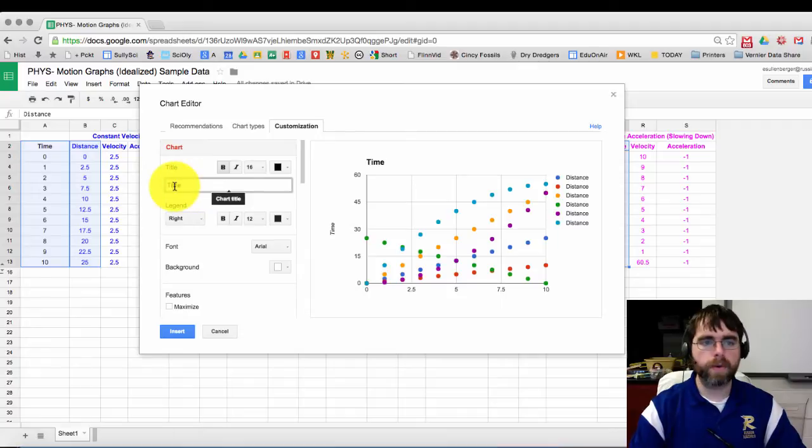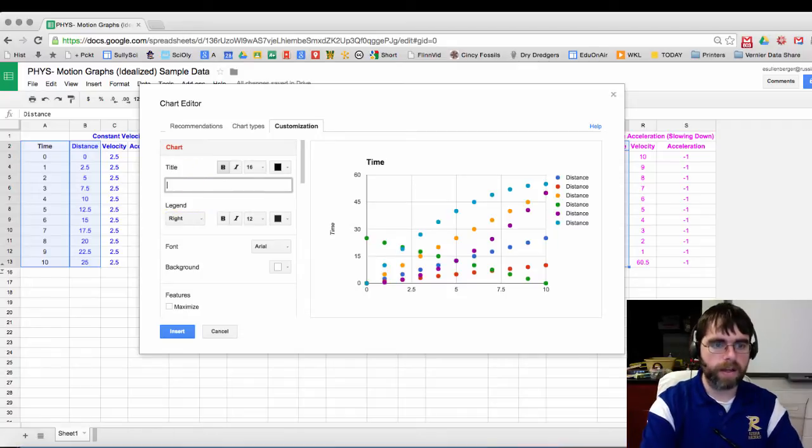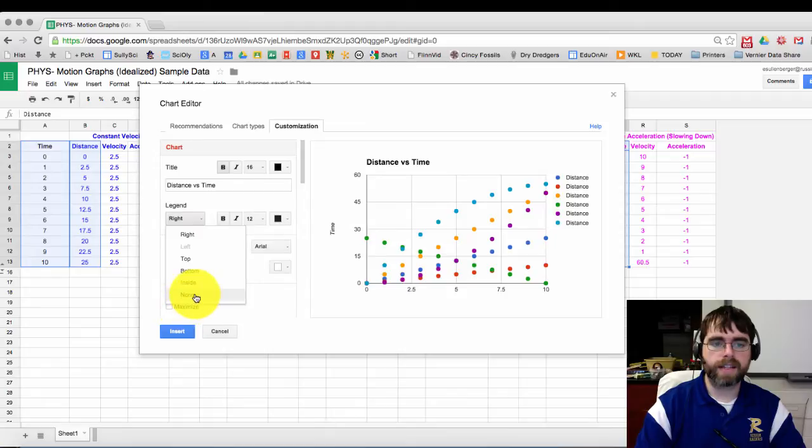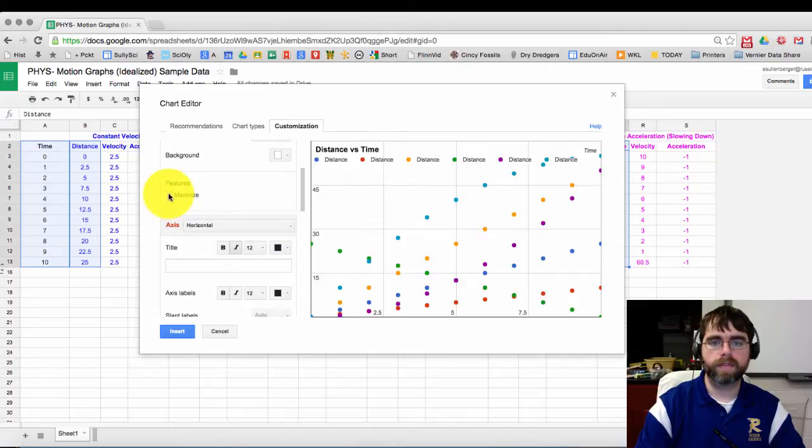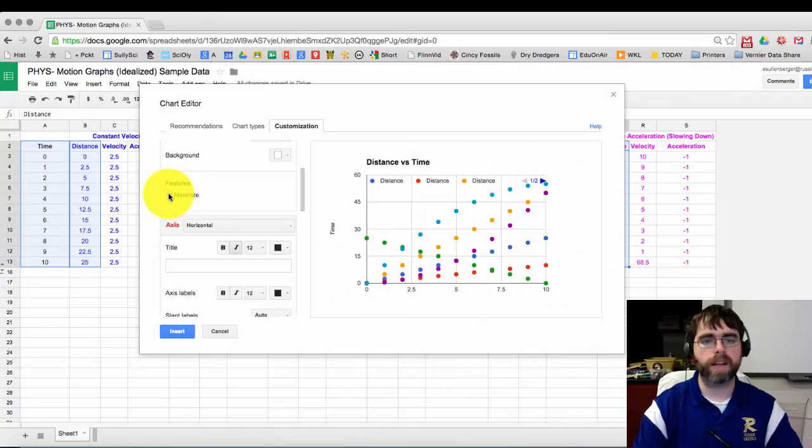So title, we always title graphs Y versus X, and so for us, the Y here is distance, and the X is time. The legend over here, you can change where it's at or not have one. I've never seen that one before. That's a new feature. I don't know that I like it. But anyway,